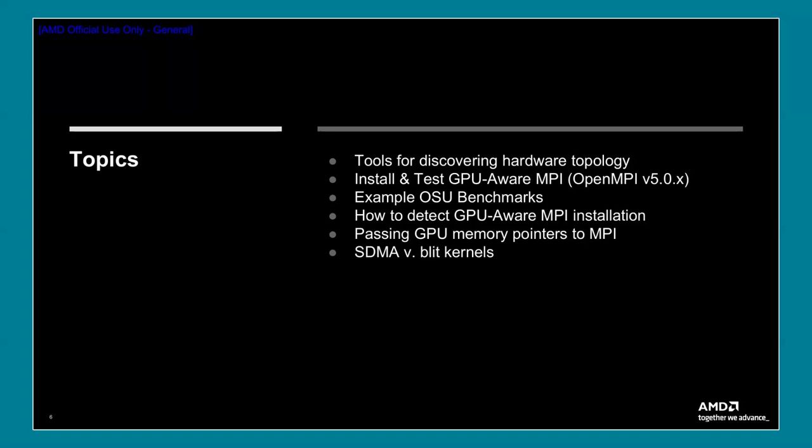our home institution. And you need to be able to know how to do a detection of whether or not you have GPU-Aware MPI, either at build time for your application or at runtime, just so you have some options in terms of how you want to implement this in your code. This can be a very complicated problem, and it all really comes down to how you want to do things in your code. So my goal here is just to make you aware of the various options you have. And certainly if you have questions specific to your application, you definitely drop those in